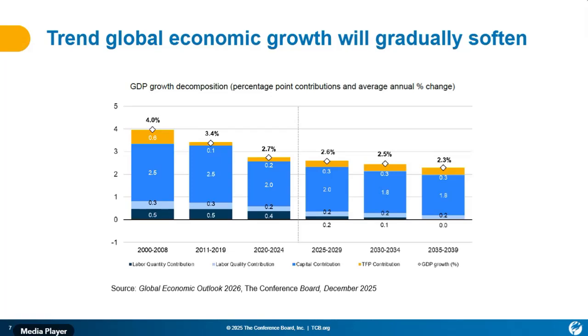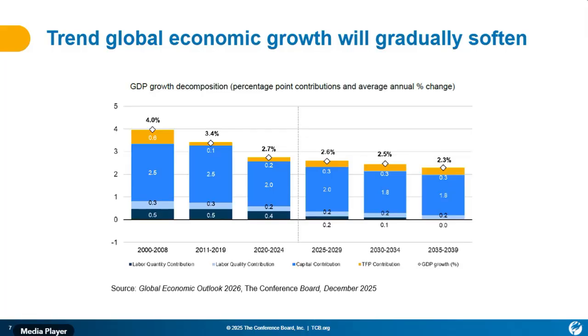So you can see that, for instance, productivity or TFP contributed about 0.6 percentage point to global growth between 2000 and 2008. That's an average year-over-year number. But it really came down in the period between the financial crisis and the COVID-19 pandemic. We didn't see much in the way of productivity growth, only about 0.1. And a little bit of a pickup for the pandemic period. But again, this is globally, and it varies, of course, from economy to economy. As Yelena will talk about, the U.S. actually saw quite a bit in terms of TFP contributions over the pandemic period.